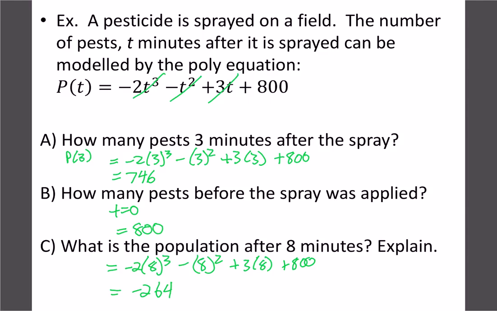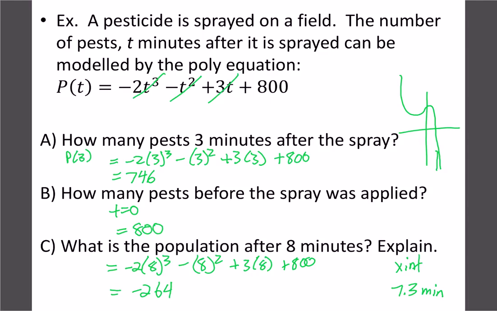In this case, it might be better off to figure out the x-intercept. So if we figure out the x-intercept from your graph, that occurs at 7.3. So what that means is at 7.3 minutes, all of the pests are dead. So, you know, really the negative part of the graph in this case doesn't really apply. So even though it's a cubic graph and it's actually probably doing some sort of weird graph and it's negative, so we know it's got to be going downwards, so it might be a graph something like that. Really, we don't really care about the negative part because you can't have negative time and you can't have a negative